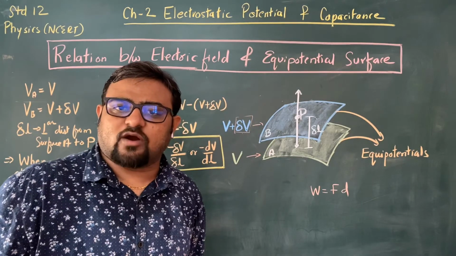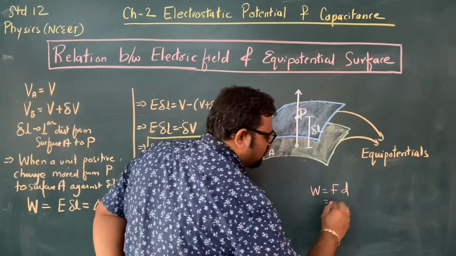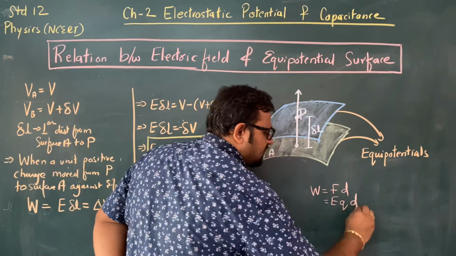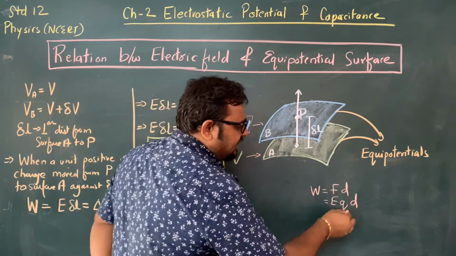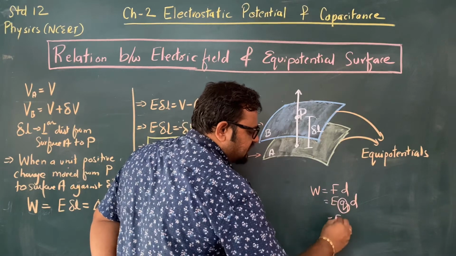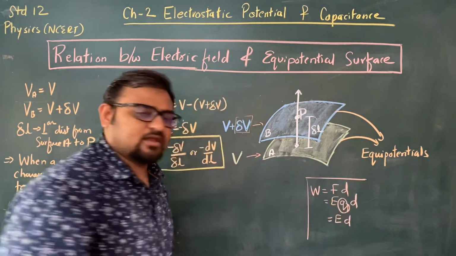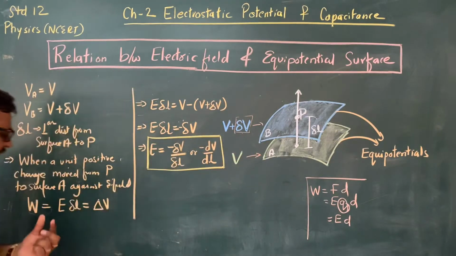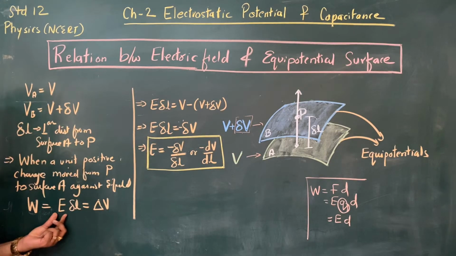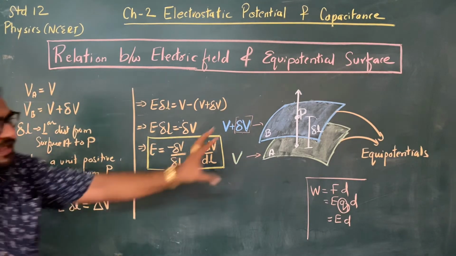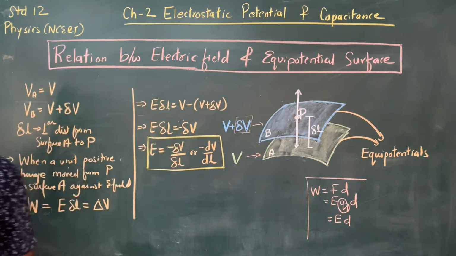The formula for force is EQ, and we are taking a unit positive charge, so the force is E. So the work done will be equal to the electric field E into delta L, this displacement,